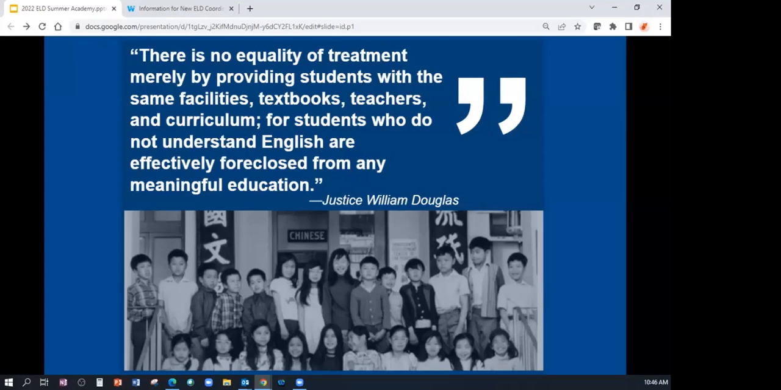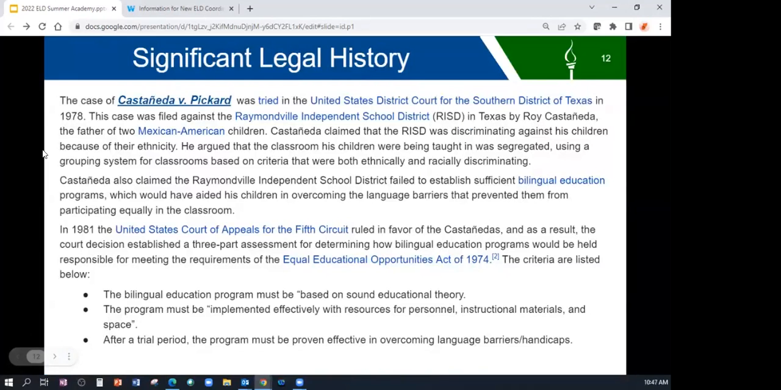And a lot of times this is met through ESL or bilingual programs. And another case that we're going to talk about in a moment, Castaneda v. Pickard in 1981, made this even more specific and brought about the three-pronged test that we're going to talk about. So as I said, Castaneda versus Pickard really escalated the concept of going beyond just giving